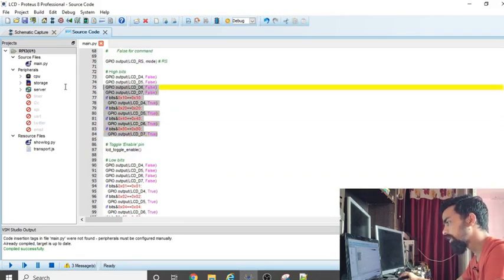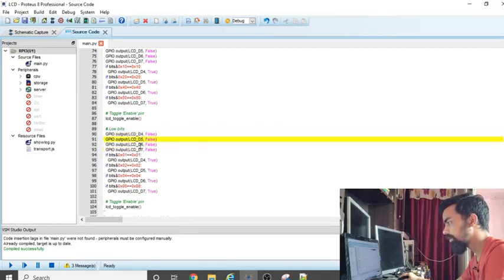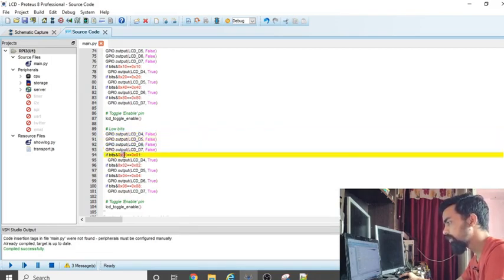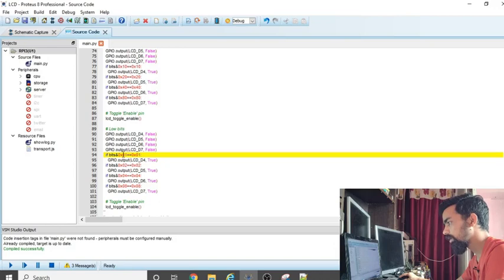Once you send the higher bits, we have to send the lower bits. The same logic applies. First we send the 0 signal on each and every pin, D4, D5, D6, and then again mask with 0x01. In this case it is 0x01. Earlier we masked with 0x10 because it was the higher nibble, and this is the lower nibble.